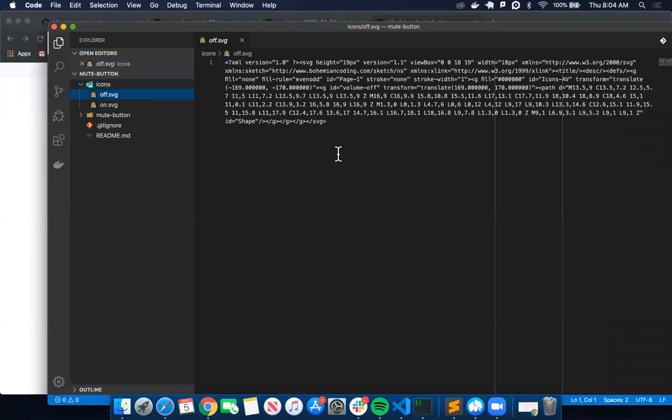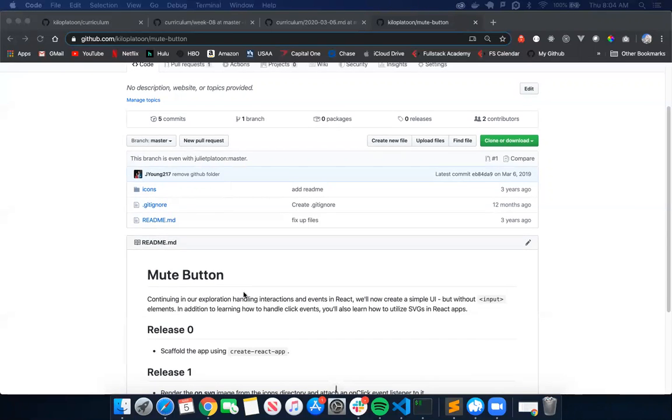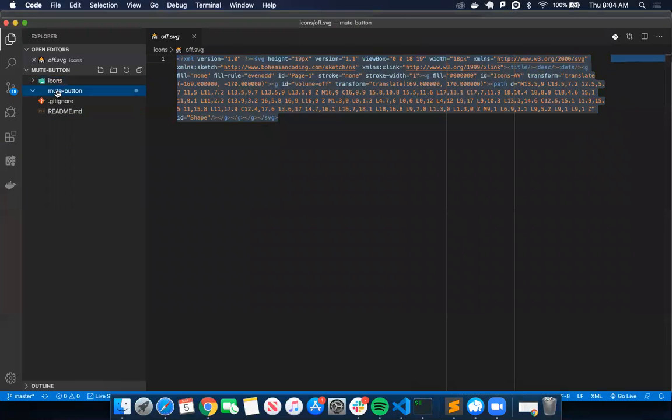Icons, this is what an SVG file looks like. You don't actually have to code this out. A designer does it and then refactors it into an SVG file. So scaffolding, we got to create the scaffold app using create React app, which we did right here. It's already downloaded. It takes a couple minutes to download. Kind of annoying, but